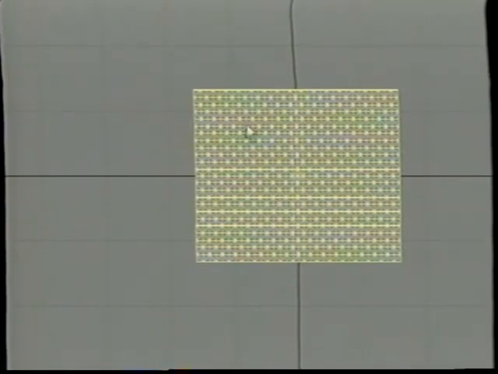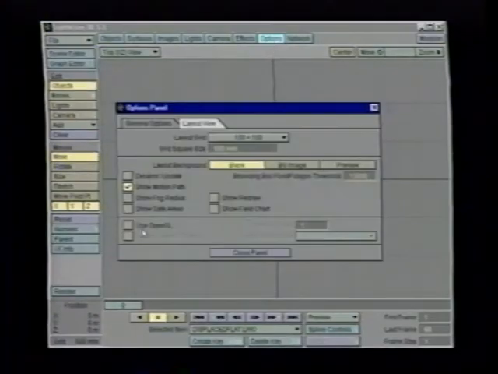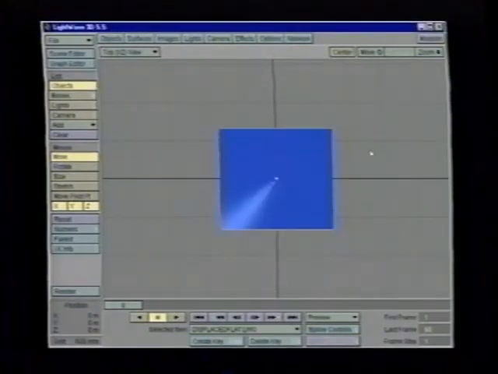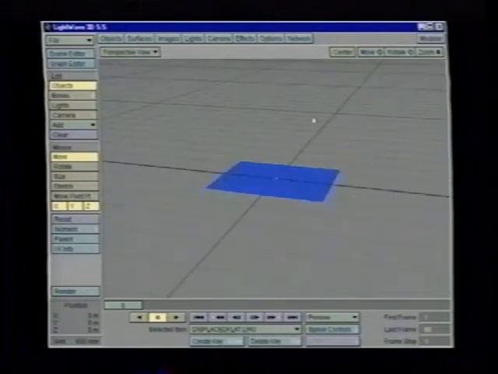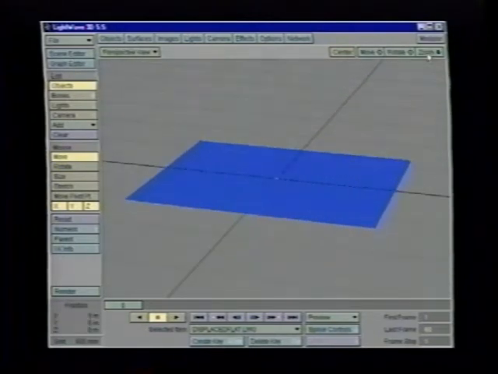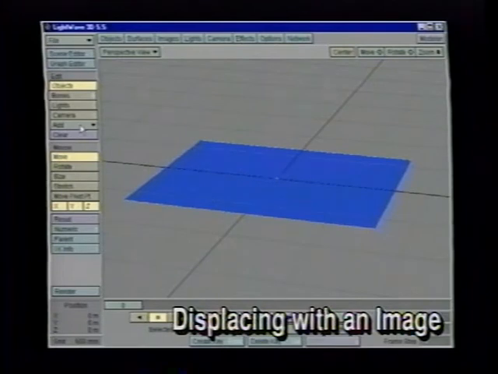This way, when we start deforming all the points, we're not going to end up with rendering errors from non-planar polygons. I'm going to go ahead and turn OpenGL back on to get the best effect from this. I'm going to go back to my perspective view and zoom in a little bit. And I'm going to add a texture to our